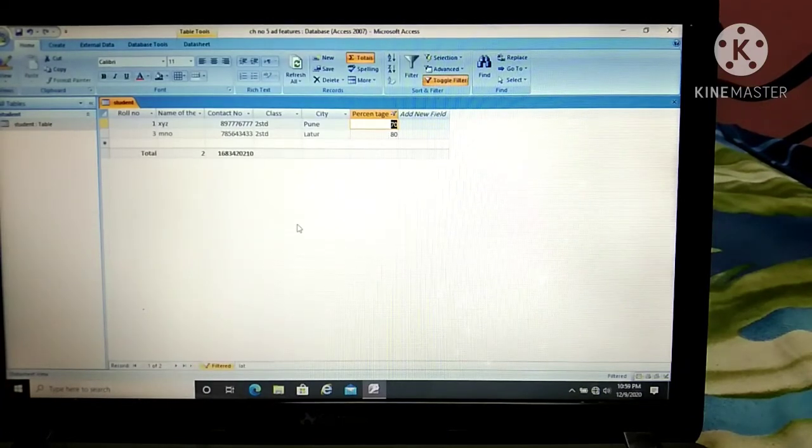the next is sorting. You might know it, sorting the data, right? How do you generally sort the data?